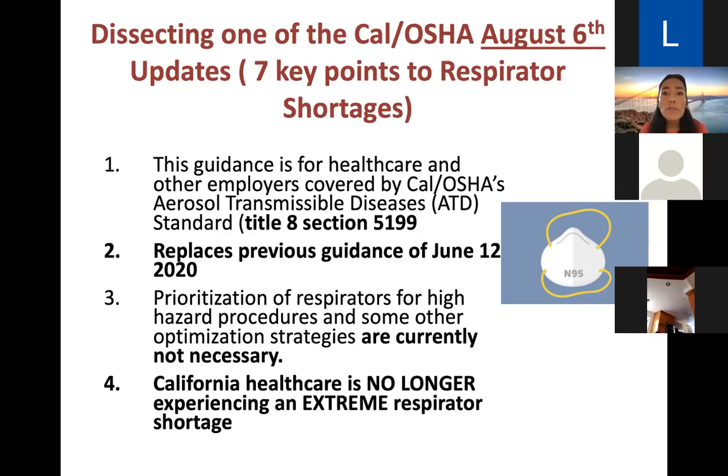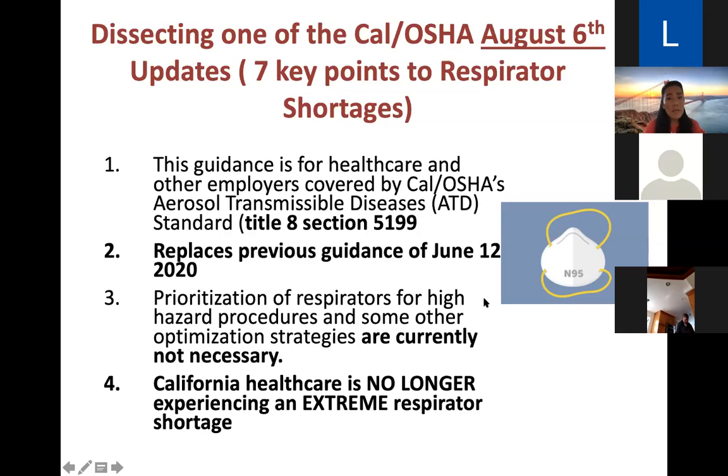August 6th, this is one of the newest documents that OSHA sent out. And this is why, for safety related purposes, if we're talking about COVID-19 updates, I gave you that order. You first check OSHA, California Department of Public Health, then your local health department, because then you marry them all and see if there are any discrepancies, which I doubt, because they always link to each other. You always put the one that is the most stringent, the most strict, right? And one of the updates on the OSHA website is the August 6th changes or key points for respirator shortages. It was an interesting document for me to read because